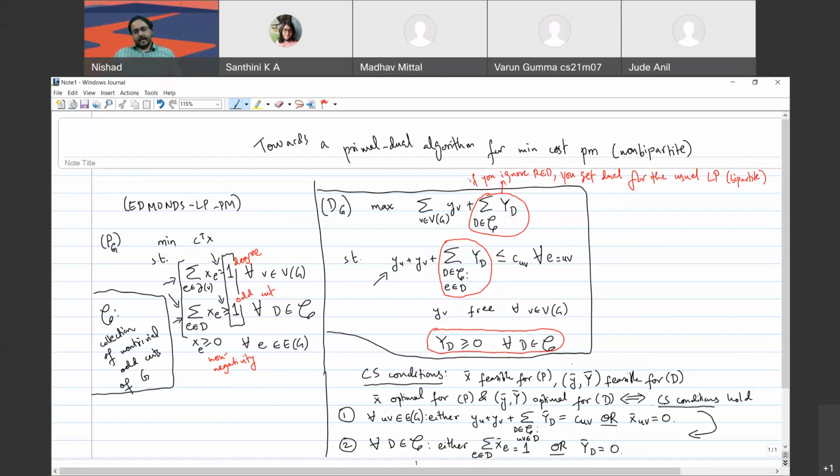Okay. So let us try to write down a combinatorial interpretation of these CS conditions. What I mean by that is, let us consider a perfect matching M. So that will correspond to your feasible solution for the primal, and we'll take a dual feasible solution. And we want to know under what conditions will this be a minimum cost perfect matching. We basically want to translate the CS conditions for a perfect matching type of feasible solution. So the combinatorial interpretation